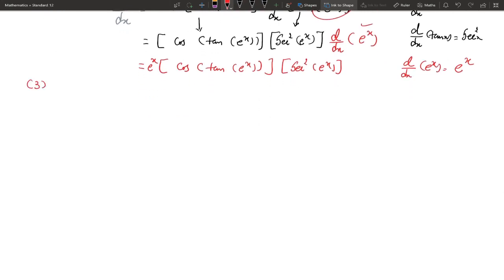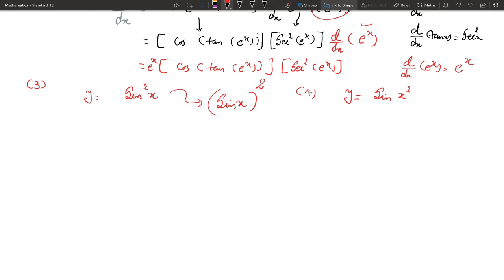We take two examples simultaneously so you can note the difference between them. We take the example y equals sin square x, and here we take the example y equals sin x square. Now you note the difference. Here sin square x is actually nothing but sin x raised to 2, sin x whole raised to 2.